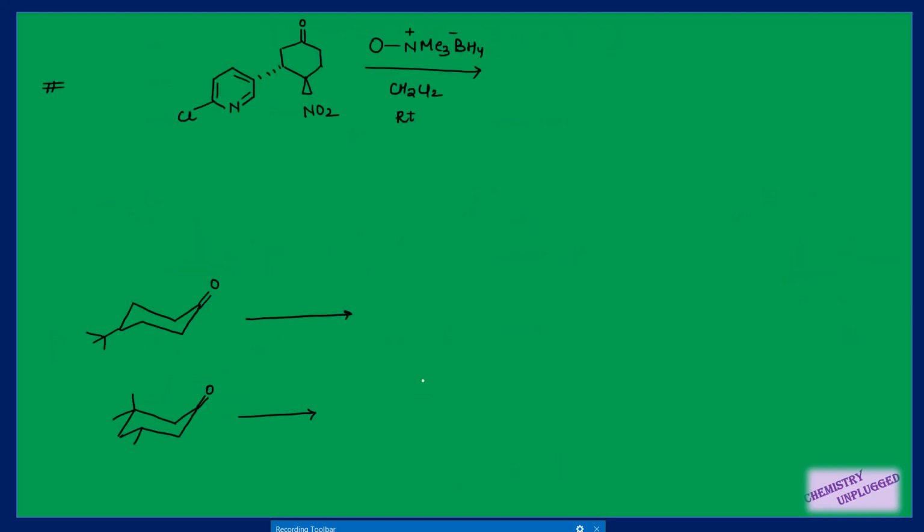So we have seen examples where less reactive carbonyl is reduced by sodium borohydride. We have seen this in presence of NaBH4 and cerium chloride, less reactive carbonyls can be reduced. But suppose I want that aldehyde should be reduced but ketone should remain unaffected. Suppose I have both aldehyde and ketone present in a molecule, and I want only aldehyde should be reduced, ketone